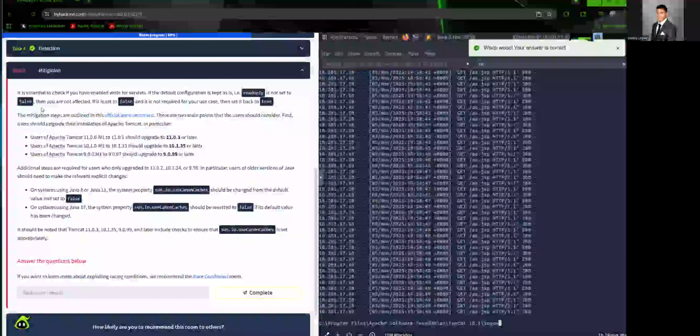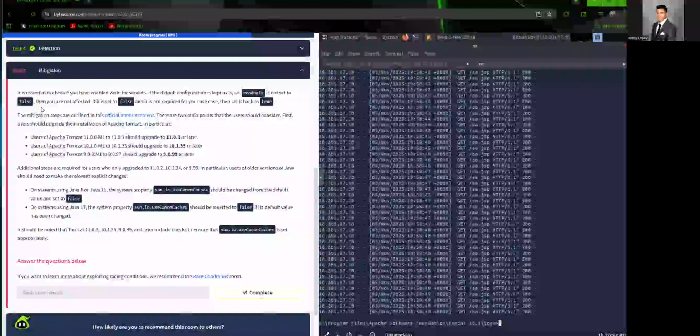You'd want the default configurations enabled write for the servlet. If it's false, then read only is not affected. Read only to be true, so you want it to be read only.